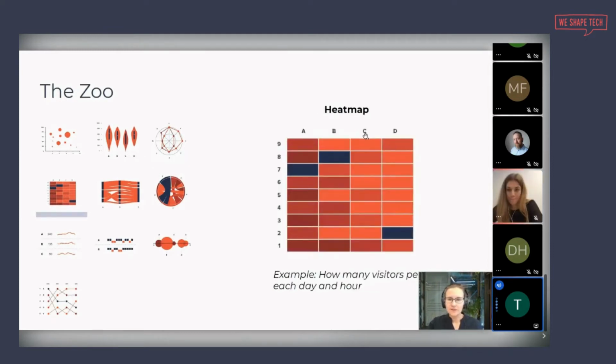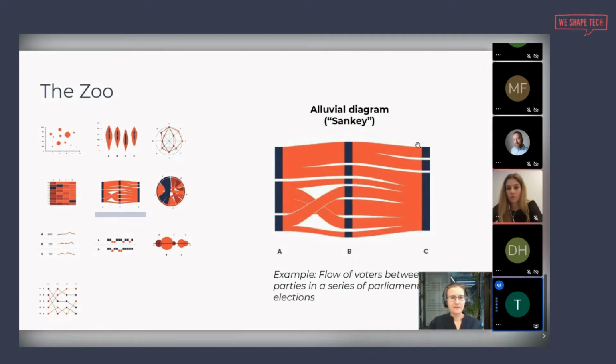Then we have a heat map. This is a way of showing the data that belongs to 2 categories, and then we can encode a third value as a color. So for example, we can encode how many visitors our website had for every day and hour in such a way. And the next 2 visuals illustrate the 2 charts that help us determine the flow or the connection